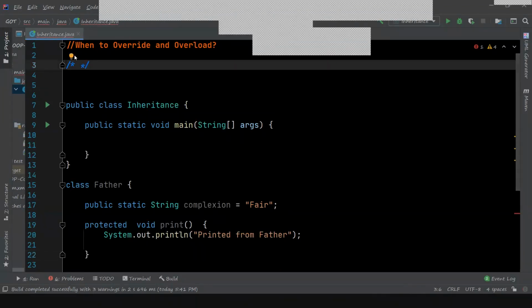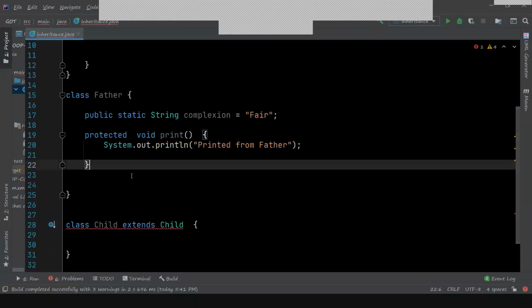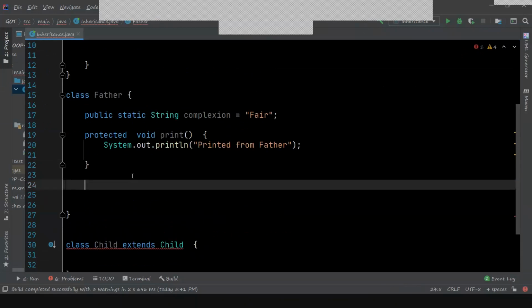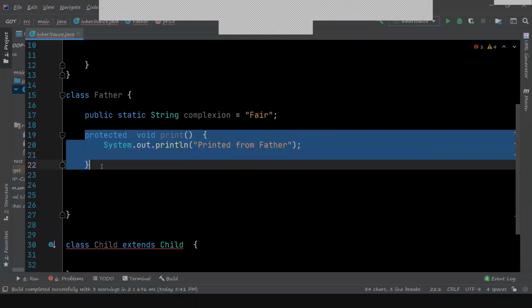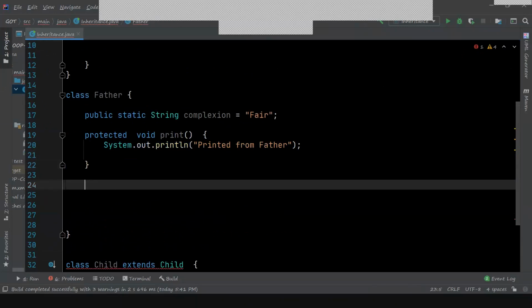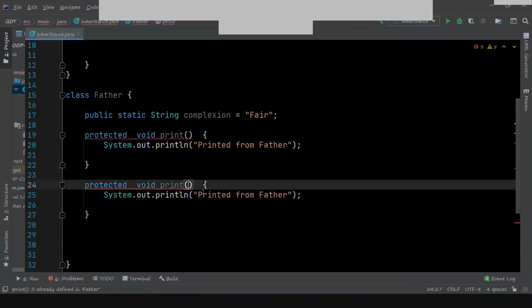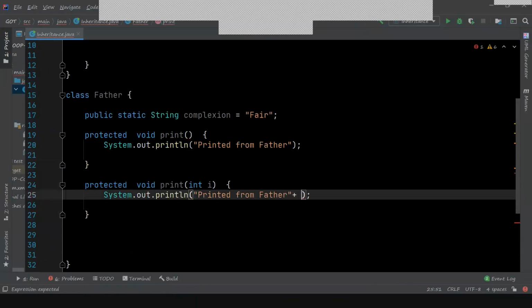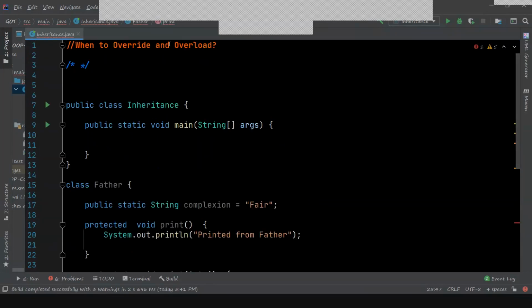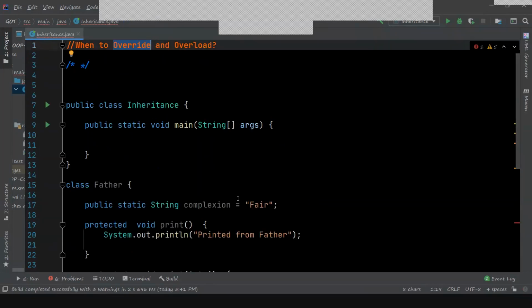So the next question is when to override and when to overload. For overloading, if we have, for example, this print method, and we need a separate implementation for different input parameters, then we go for overloading. Similarly, what is overriding?